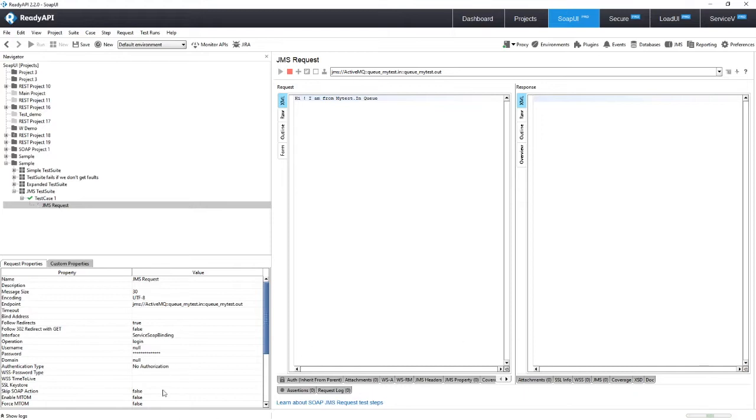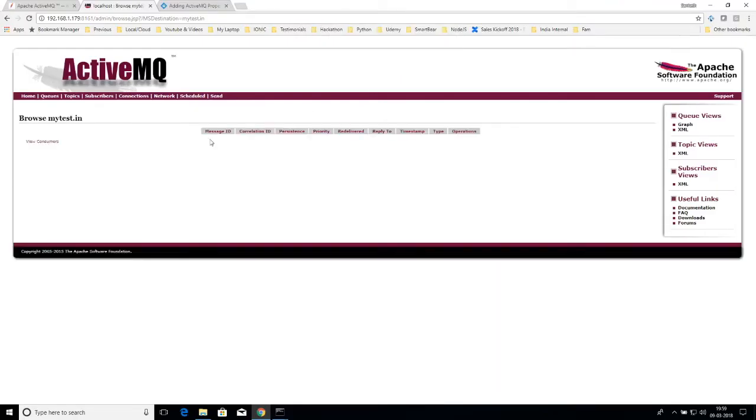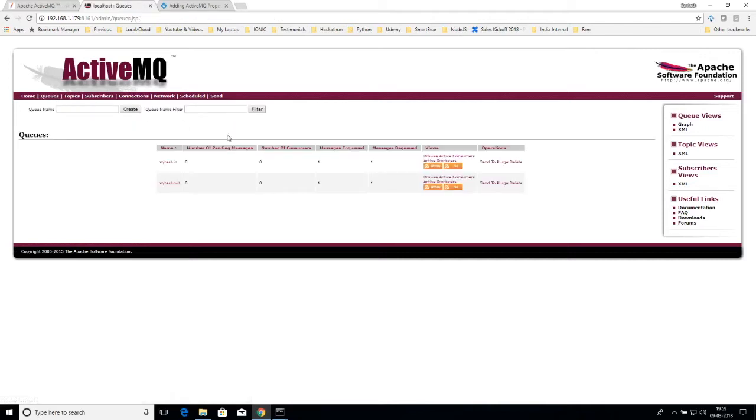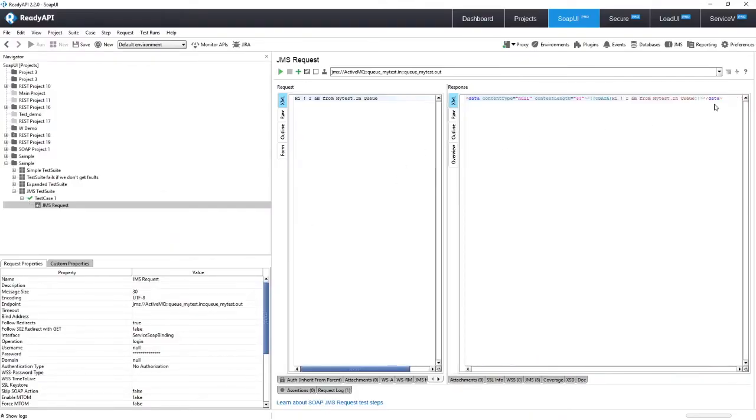So now when I go back and say OK, we should see that the message is out of the queue. Now when we look at the queues, any pending messages are 0. And when I look at my Ready API, you will see that I have got a response back from the server, which is essentially the same data which I sent in here. And this data is sent